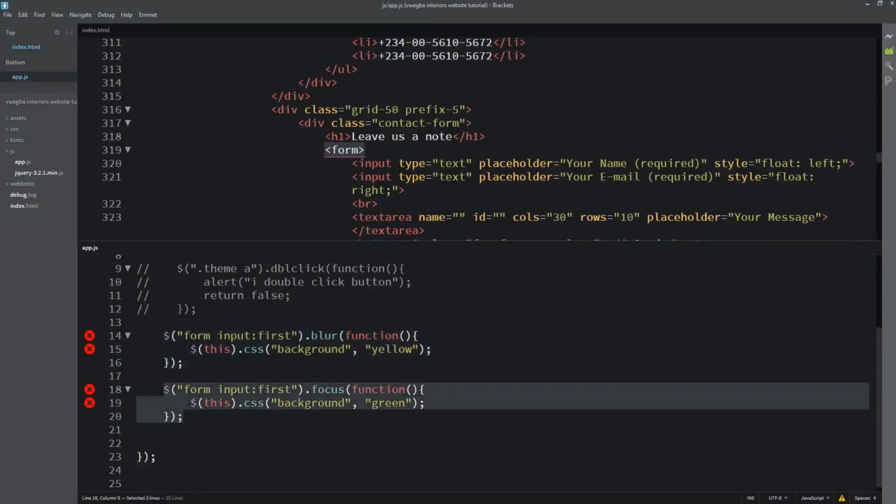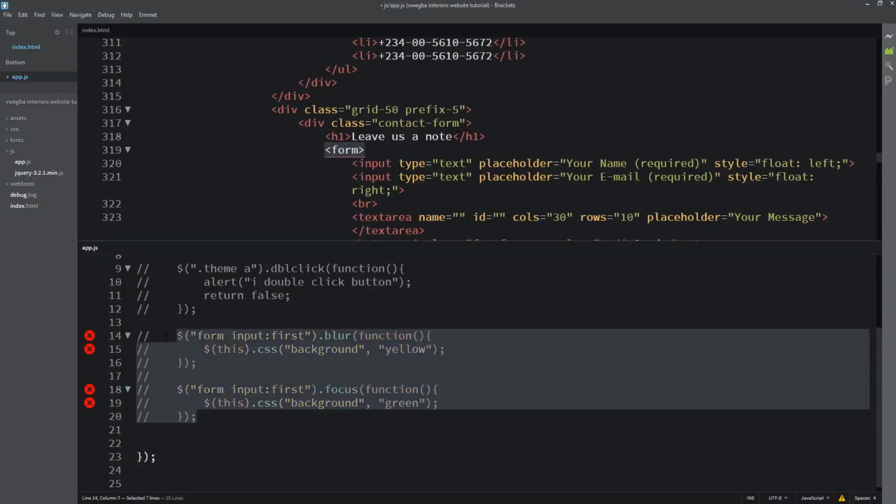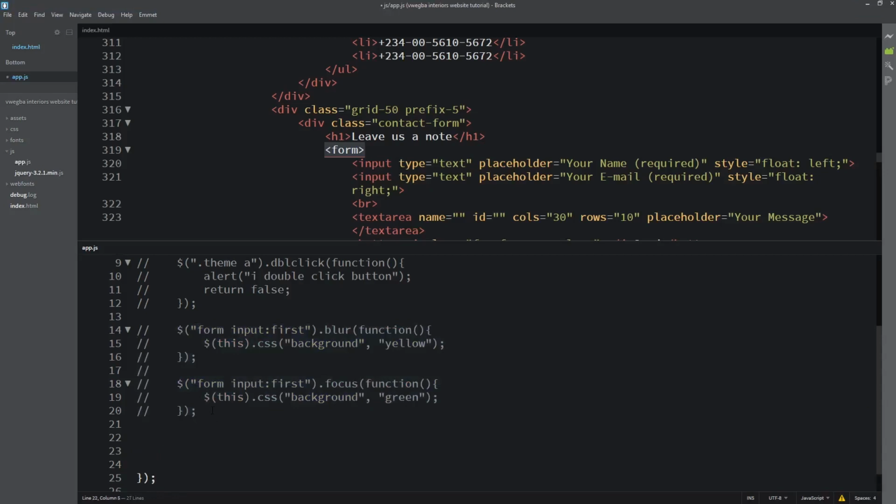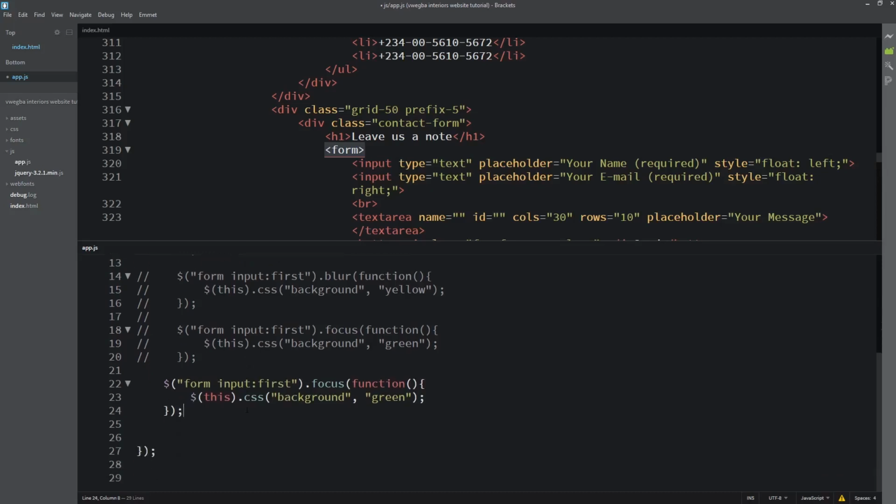The next one I'll talk about is the hover event. The hover event uses two other events to shine: the mouse enter and the mouse leave events. These are separate events that you can use depending on what you are trying to achieve. But back to the hover event.